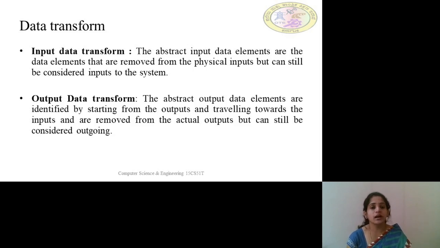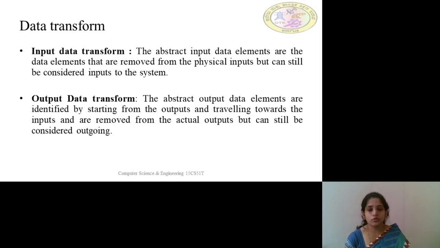The most abstract input elements can be recognized by starting from the physical inputs and traveling towards the output in the data flow diagram. So we identify the abstract data elements by moving from the upper level to the lower level.